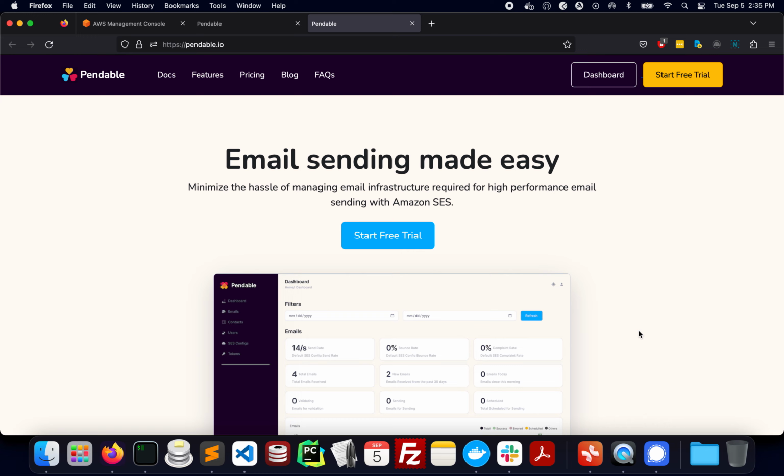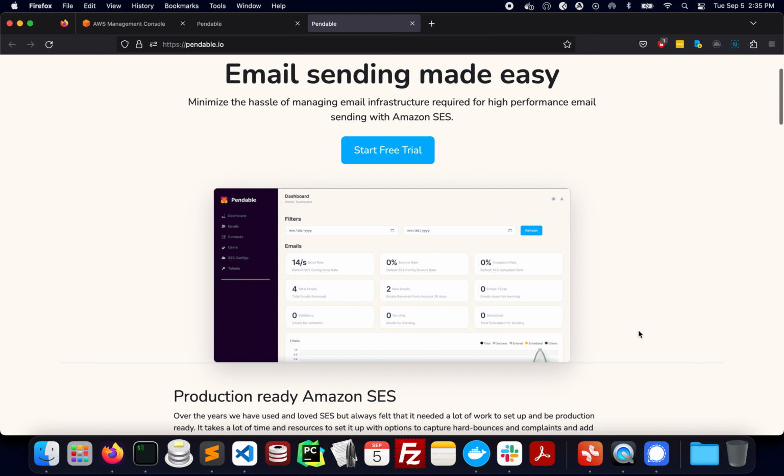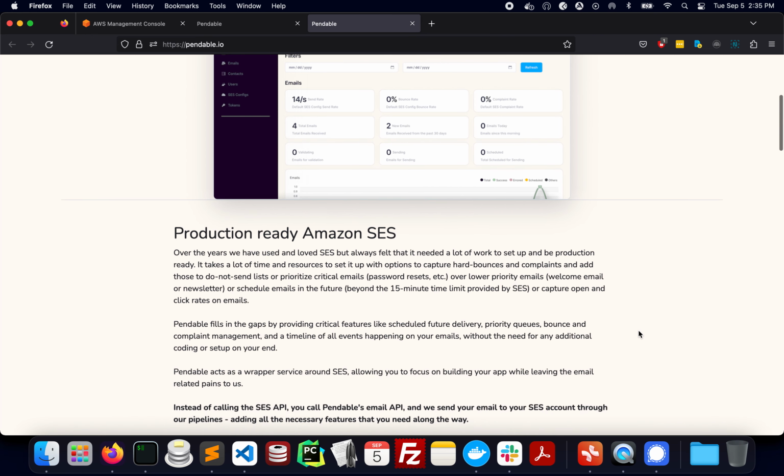So with features like dynamic email priorities, or scheduling future emails, or managing and actively throttling your emails based on your bounce and complaint rates, Pendable handles all of that. So it essentially takes care of all the boilerplate code and adds a lot of functionalities to your email sending architecture. So in the end, you end up saving a lot of time and effort by letting Pendable handle and optimize